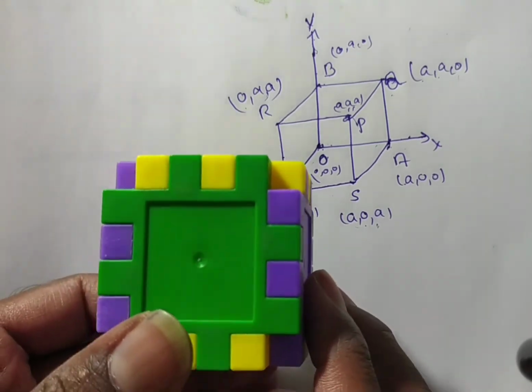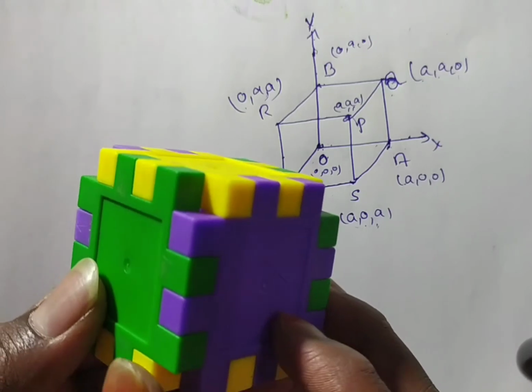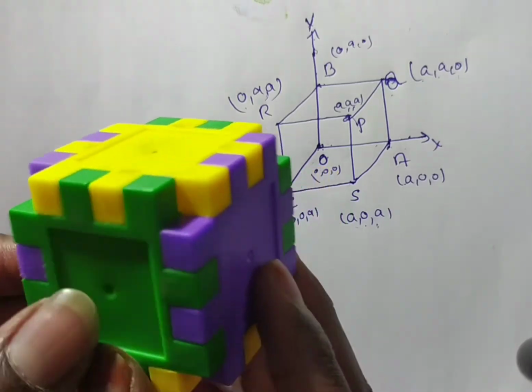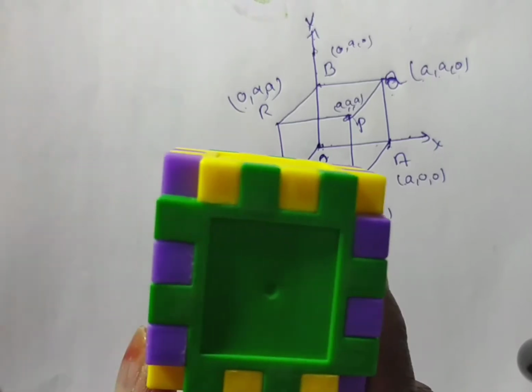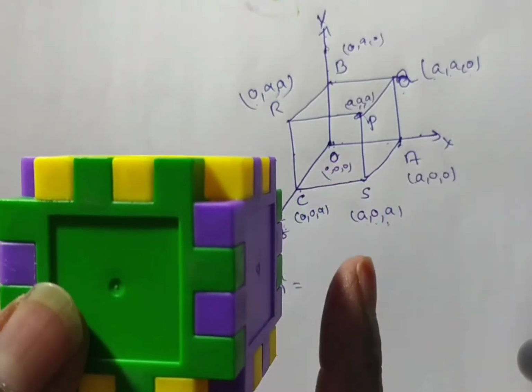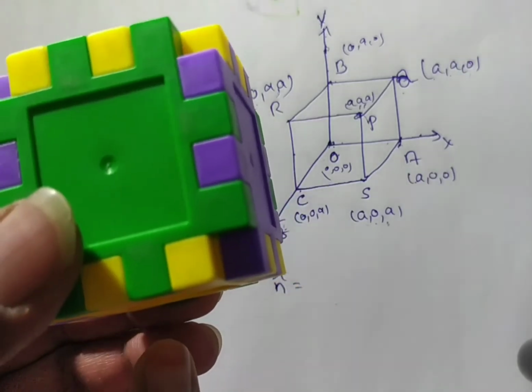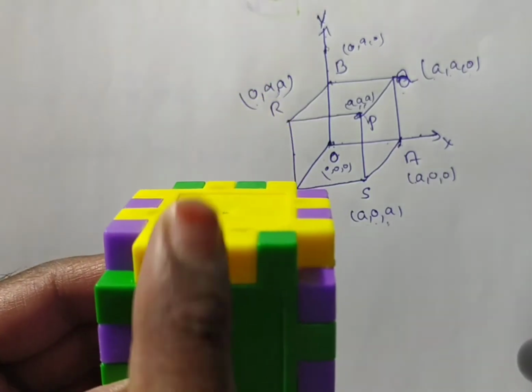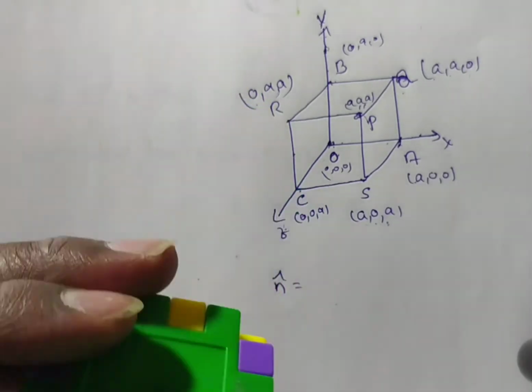If you consider this as a cube, it is a kit for the children I gave. Now you see, consider this is along the x-axis: left side of the x-axis, right side of the x-axis. Next, yellow is nothing but along the y-axis, and on the y-axis this is upwards and this is backward. Next, this is front and this is back.